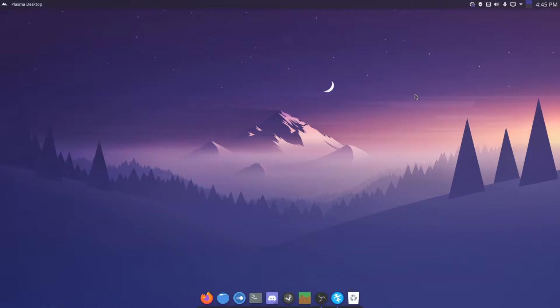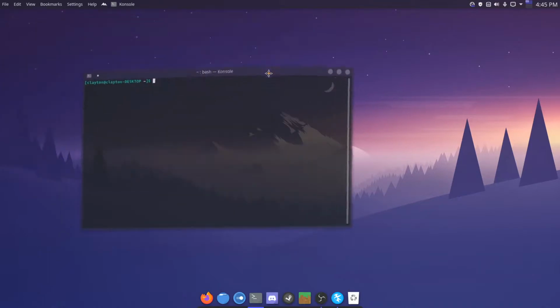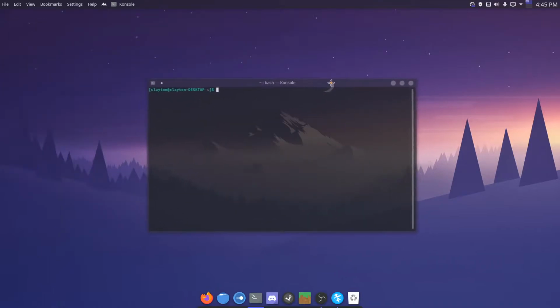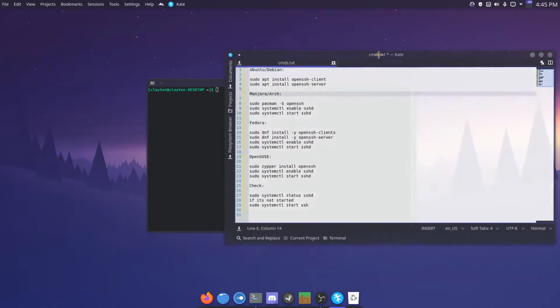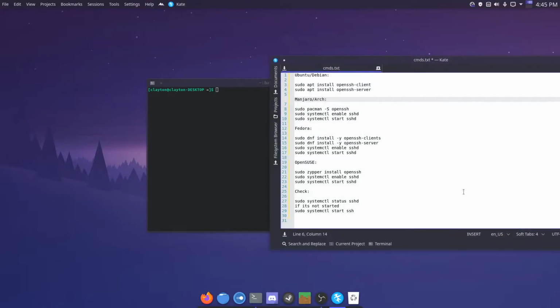Alright, so before we can get into remotely accessing our Android device, we're going to have to install some things on our Linux computer and then an app on our Android device to allow this to work. On your Linux device, you're going to have to install OpenSSH. Now, I have this text document here that will show you the different things you have to run depending